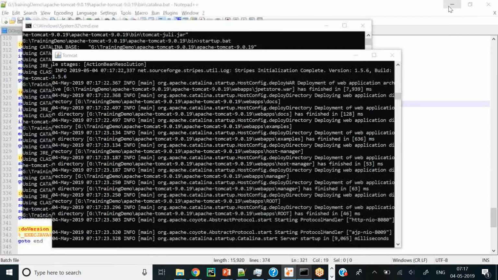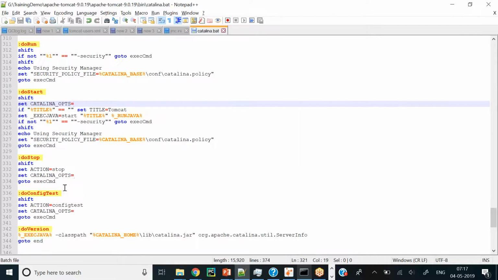Now if I want to add Xmx 112 MB while it is starting, and I save it, it is still getting saved. So I think yours has some other problem.